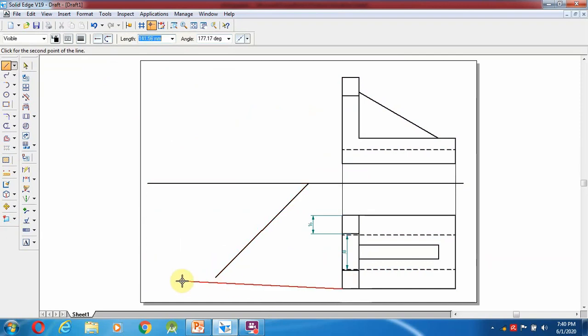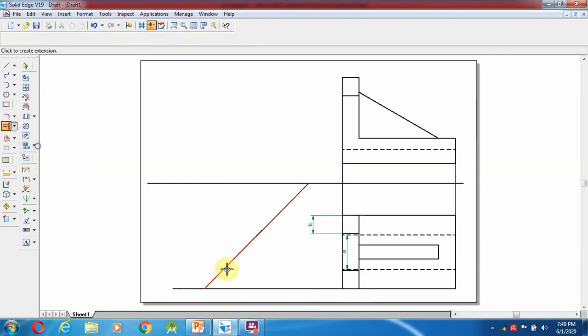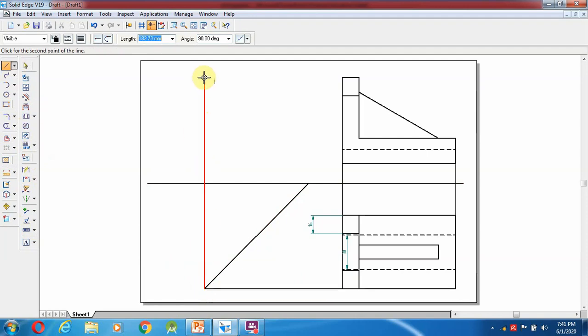Afterwards, extend the line towards here, extend this one, extend to the next, and use the trim option. Trim it and select a line from here to wherever it touches the 45-degree line, and from there make it a straight vertical line.